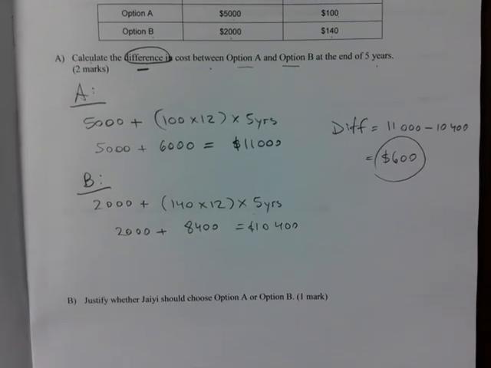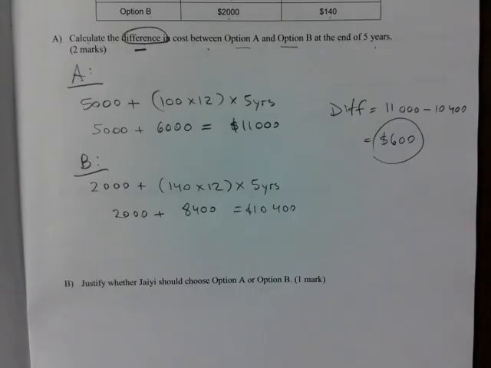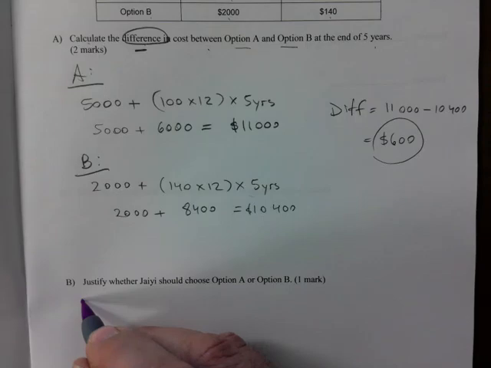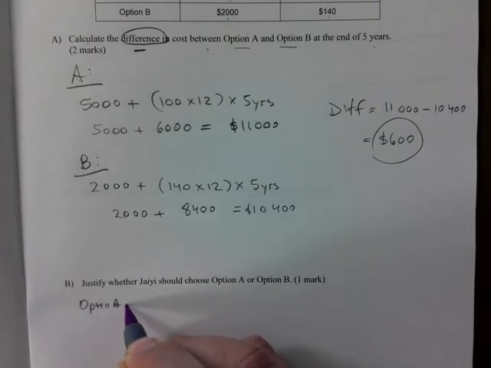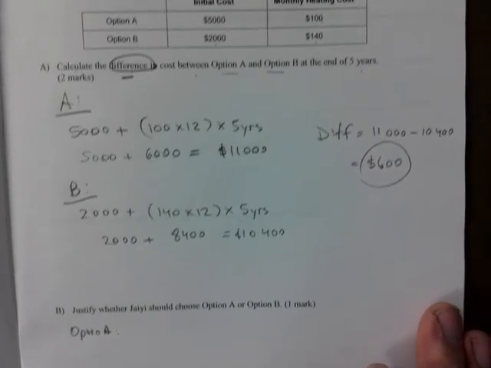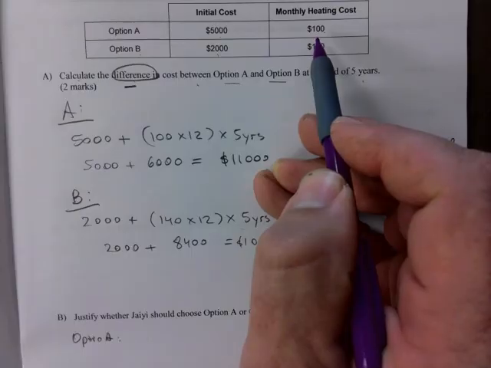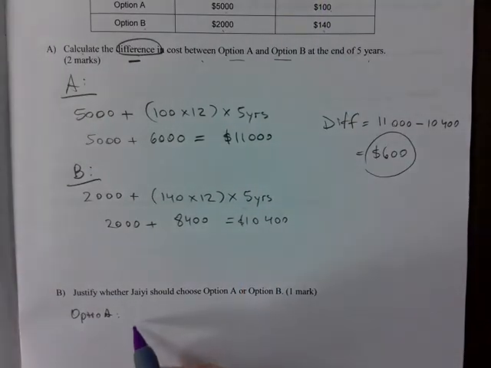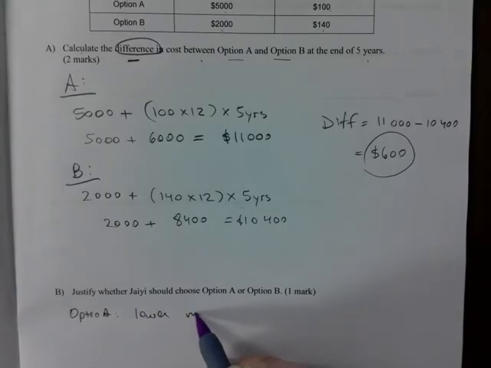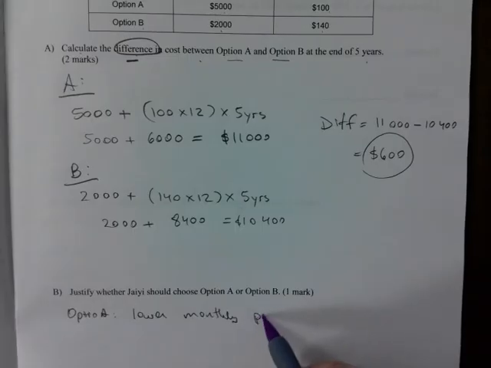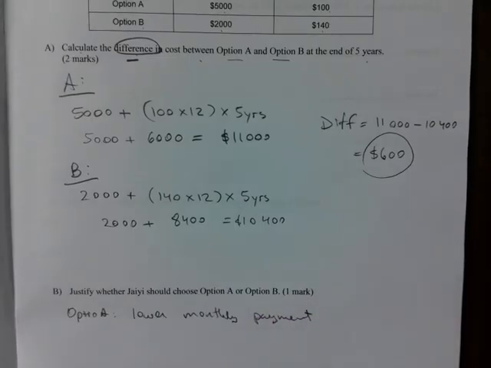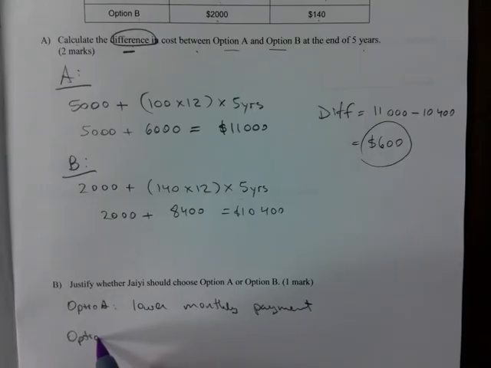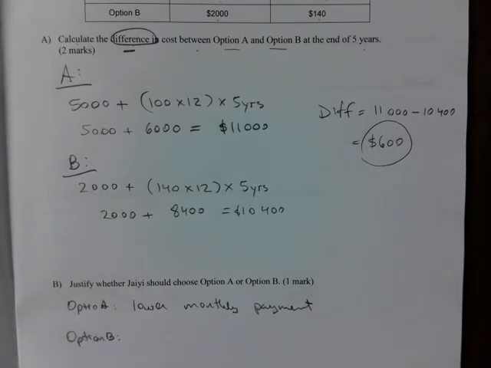Justify. B. Please don't leave those ones blank. If you give me something decent, I'll give you the mark. Justify whether Jai should choose option A or B. There's no right answer. If you say option A, in this case, I'll say it costs less per month to heat your house under that option. A lower monthly payment. Maybe that's something that you like. You like every month for the payment to be lower if possible. Okay. Option B, if you chose option B, it's a lower